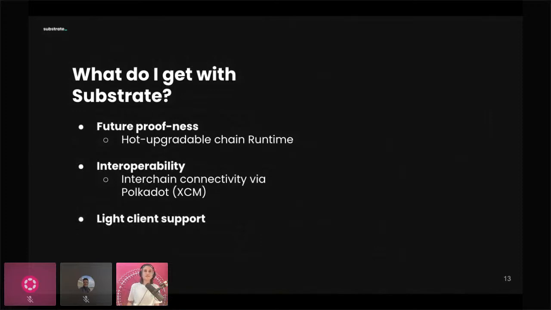The last point here is you get light client support. Now, this is really, really powerful too. There's a workshop that's going to happen on June 14th, I believe, where a colleague of mine will be presenting Substrate Connect. And essentially, the takeaway here, guys, is if you are building a front-end application or user-facing application for some dApp or whatever, on any chain really today,